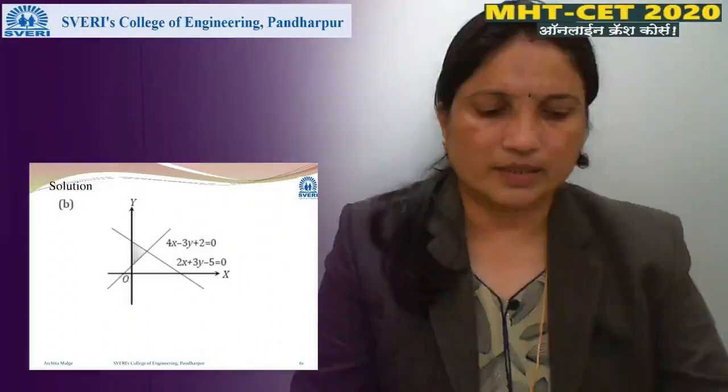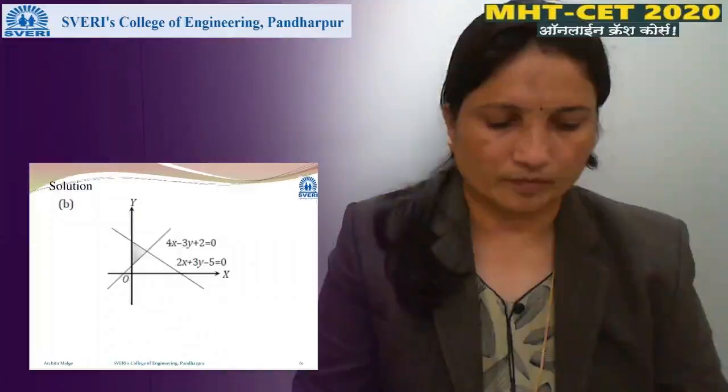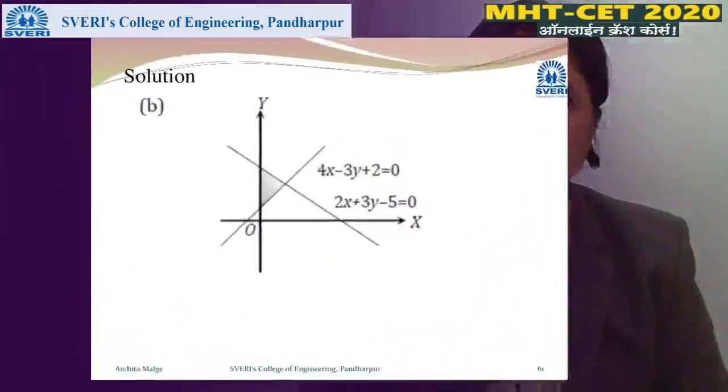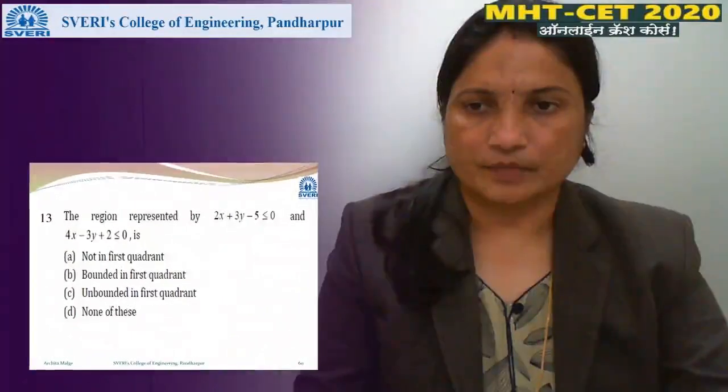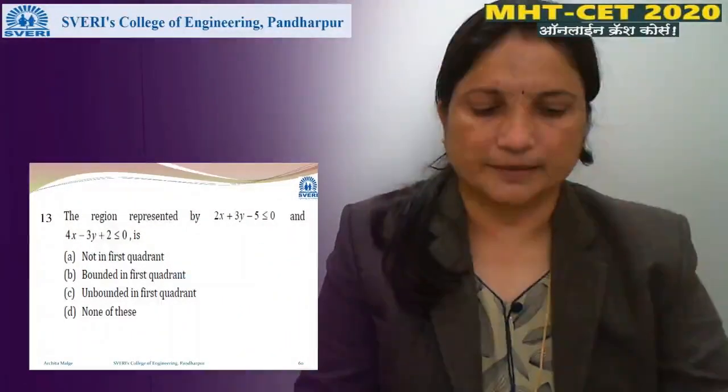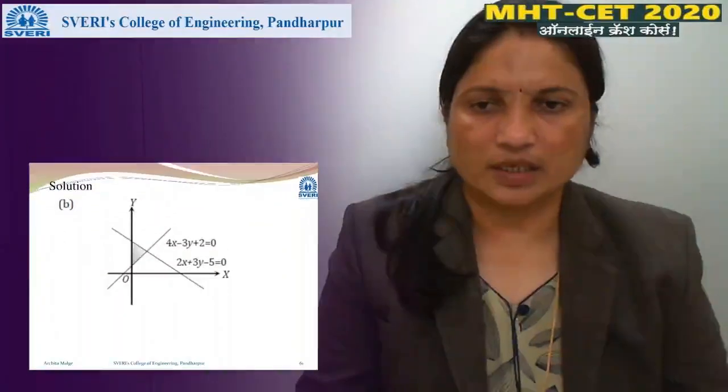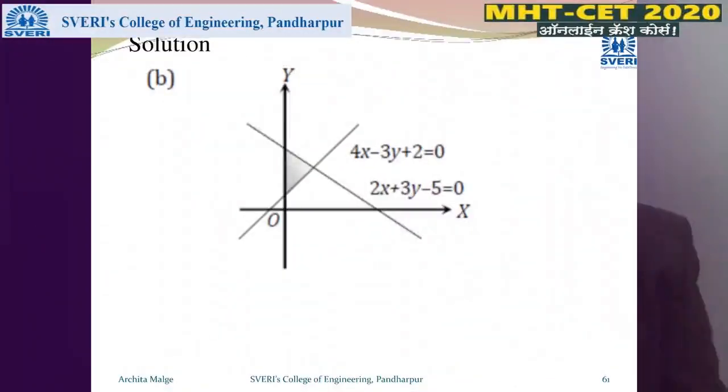So here we have that solution as 4x minus 3y plus 2 is equal to 0, 2x plus 3y minus 5 is equal to 0. Here these are the two equations. By using these two equations, what is the answer? Bounded in first quadrant only. Here it is clear, the graph is given. With the equations we can draw such type of graph, and